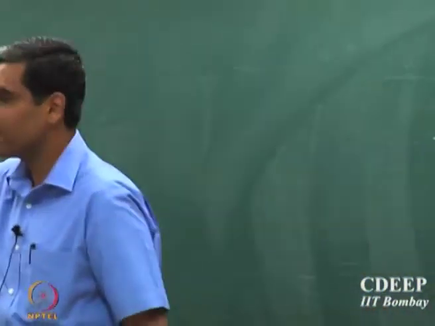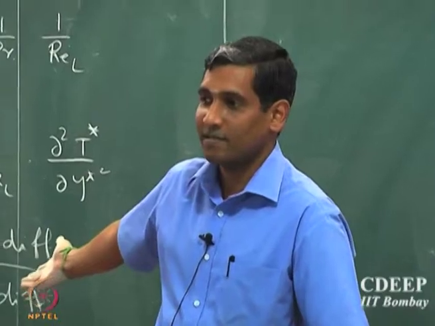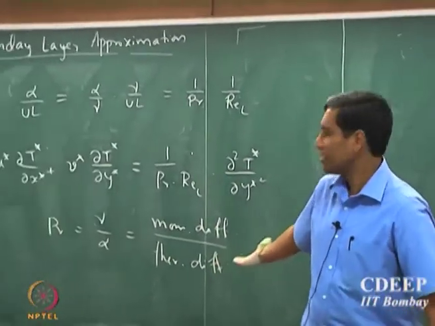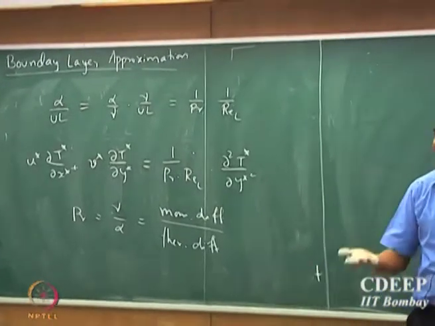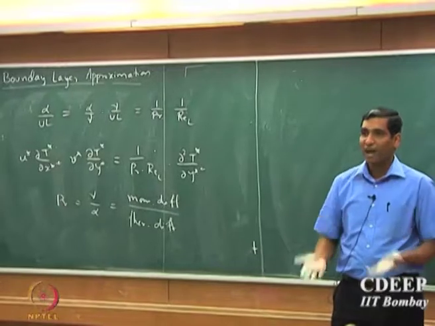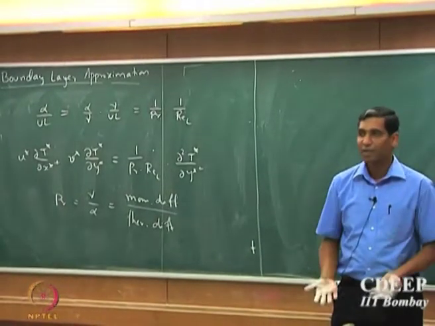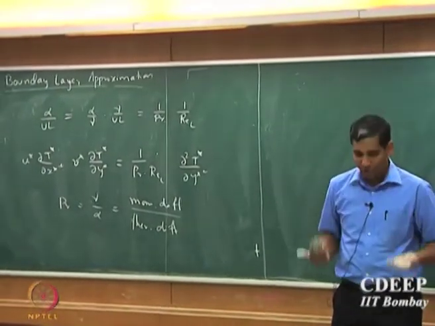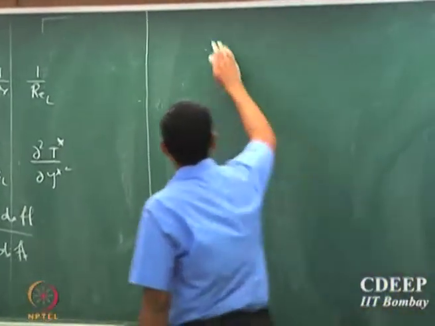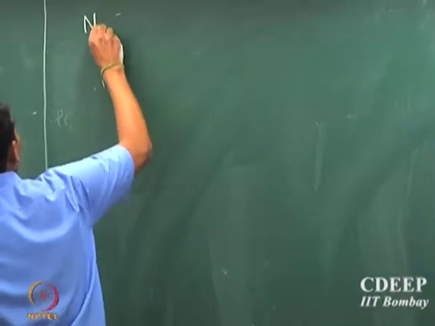Can we guess from here? Yes or no? We should be able to, because the energy balance and mass balance have similar structure. Remember in the last lecture I told you that these three balances have very similar structure. So if you know one, you should be able to guess what the other one is. Okay. So the non-dimensional mass balance